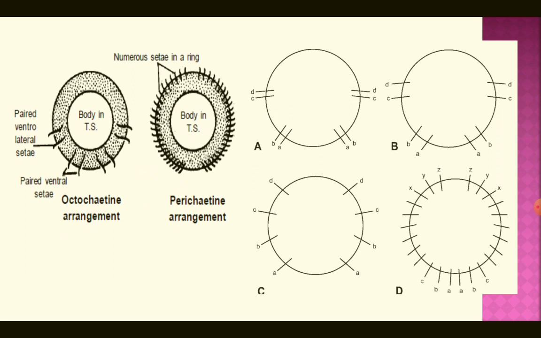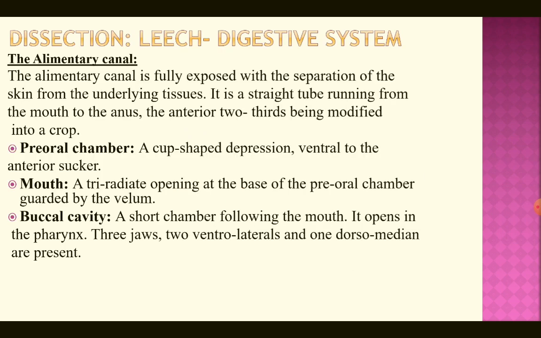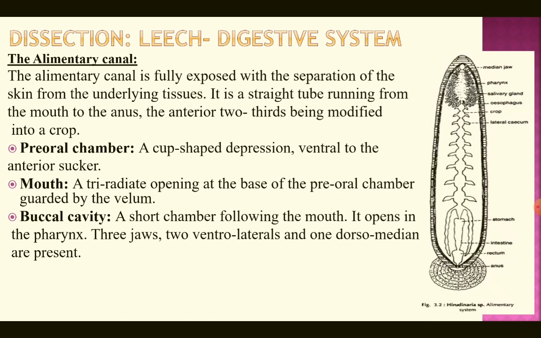So far you have learned about the dissection in earthworm, which explains the nervous system, the ovary and the setae in earthworm. Moving on, the next organism is the leech. In leech you will study its digestive system, the jaw and the testicular nephridium. Now, the digestive system in case of leech: this is the diagram that shows you the alimentary canal in leech.